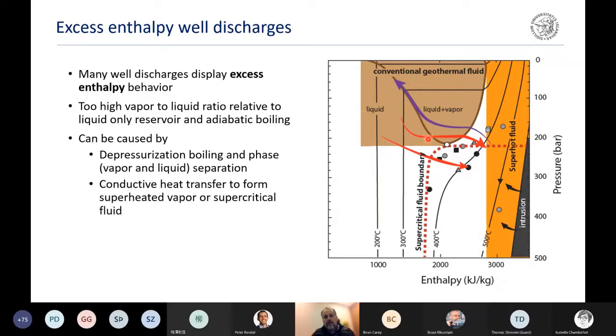So the former thing, the depressurization, boiling and physical phase separation, would be a process that is happening somewhere here in the two-phase field of liquid and vapor waters. Okay, and then the two phases separate on the way up to the surface. The other field would just be moving the heat content, measured here as the enthalpy, from a liquid phase sitting somewhere here through the two-phase region of liquid water and vapor, or if you're above the critical point